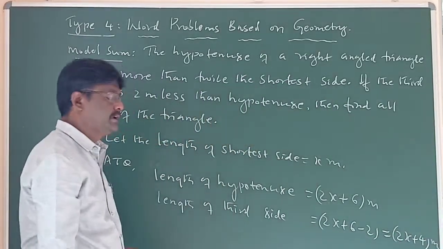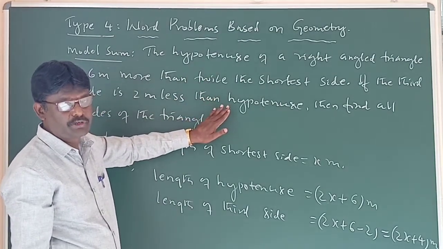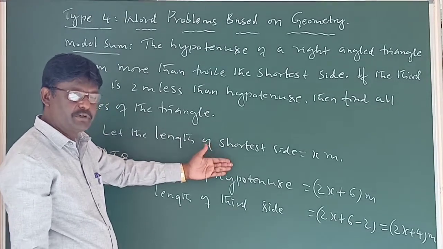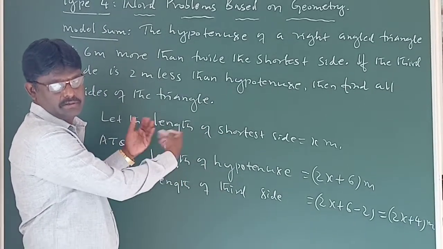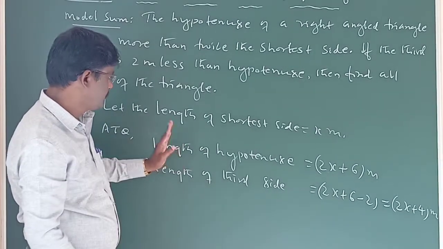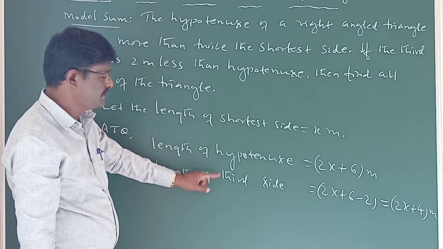Now therefore, and it is not a compulsory one. If it is based on geometry, means we need not draw the figure, etc. If it is quite easy, okay. Sometimes even we need the figure also. But here I think no need of drawing the figure. Now we are clear. Hypotenuse is known. The other two sides are known in terms of x, etc.